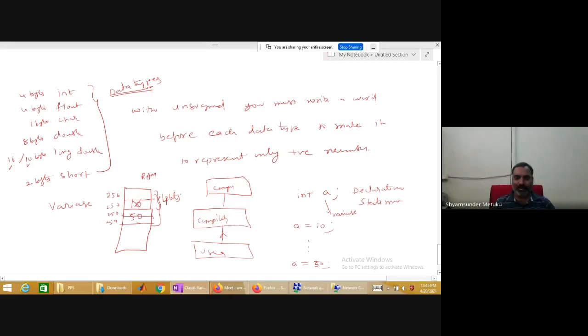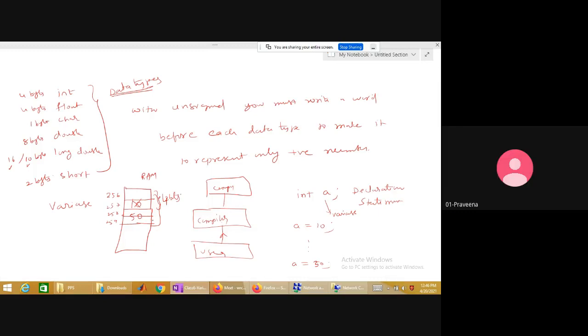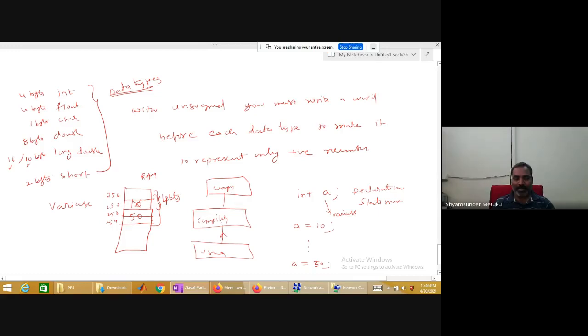So with this, I'll wind up. What we have studied today is the memory architecture, or memory structure. Then we understood the different data types and the sizes of those data types. And we have also seen the definition of a variable. And we have seen the first C statement, which is called the declaration statement. Is it information to the computer or information to the compiler? You tell me. Compiler. Remember, this point is most important.